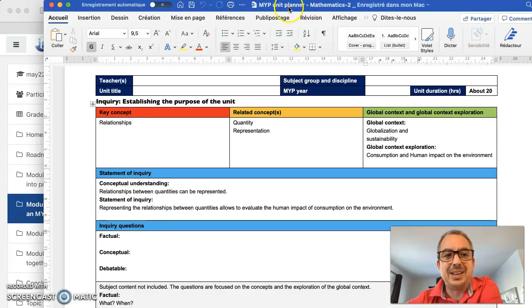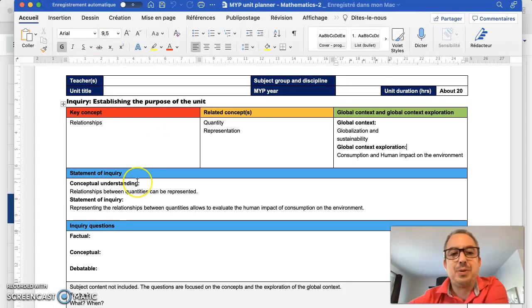I didn't have my example on the right page, so I stopped the video. So here I have an example that I built just to show you what is meant. A unit plan is about 20 hours. That includes all the teaching before getting to the